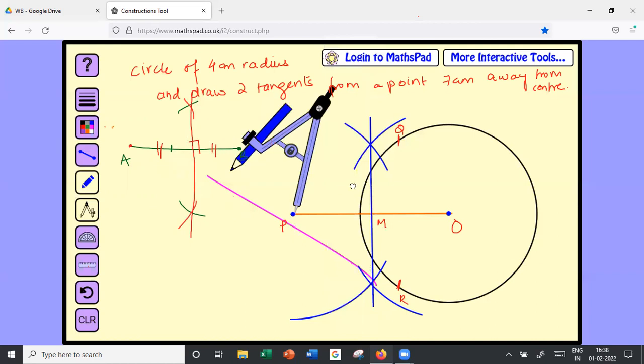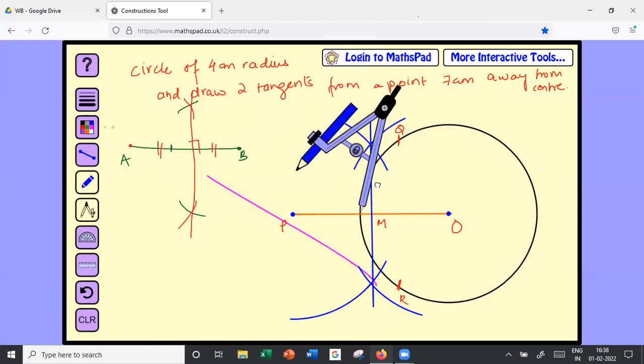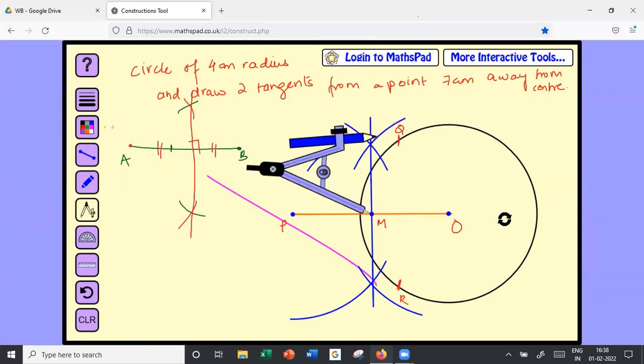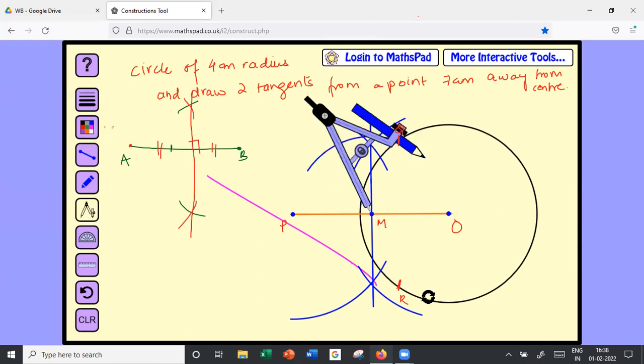Okay, Aditya, for the second circle, are you done till here? Did you get the midpoint M? Did you bisect OP and get this point M? Yes, ma'am. Okay. Now you take OM or PM as your radius, keep the center at M and draw a circle. Basically, it should pass through both O and P.